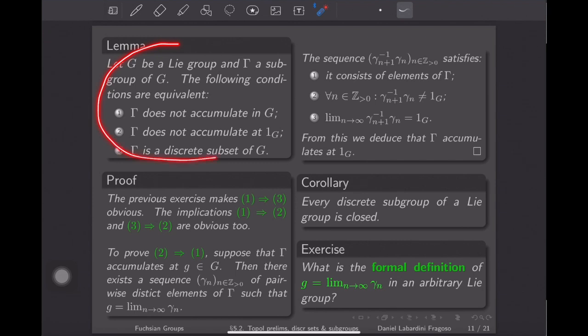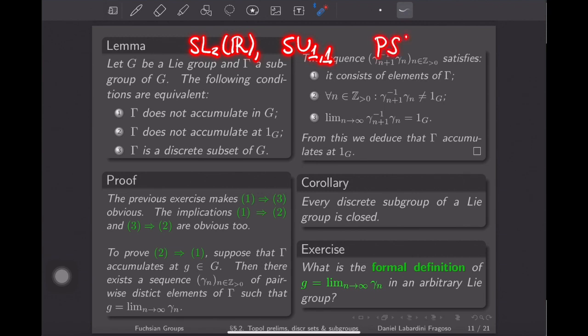This lemma is true in general for Lie groups, but if you feel uneasy thinking about Lie groups, then just think that G is either SL2R, let's say, or SU11, which is just isomorphic as a Lie group to SL2R, or that it is PSL2R. Right. And so this lemma says